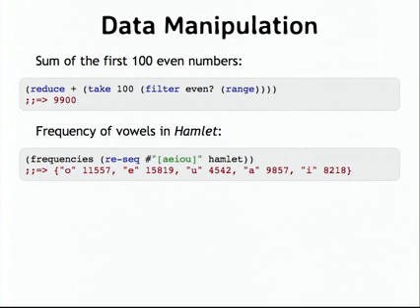A similar example, say I have the text of Hamlet by William Shakespeare in a variable. I can get a sequence of all the matches of a regular expression. That hash string, that is the syntax for